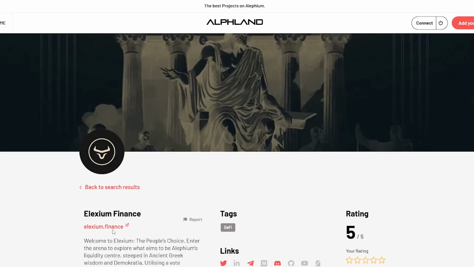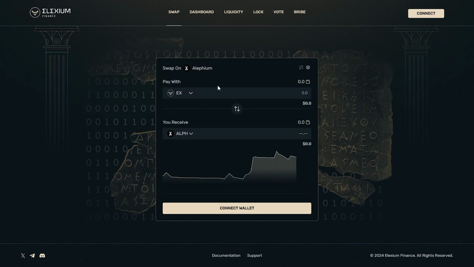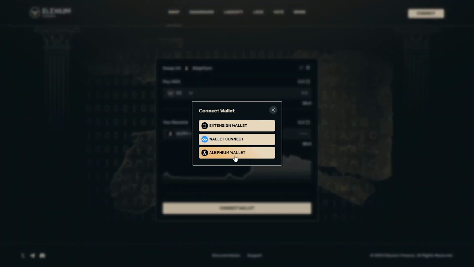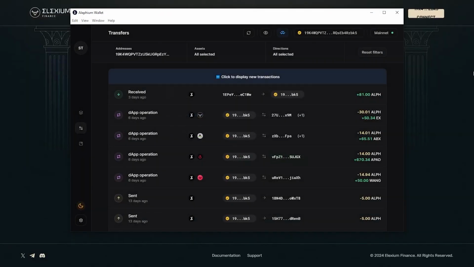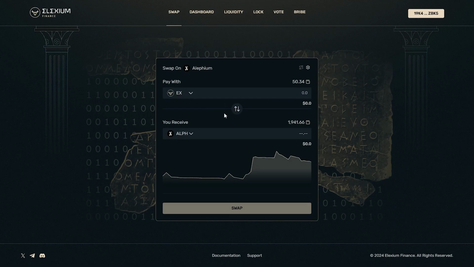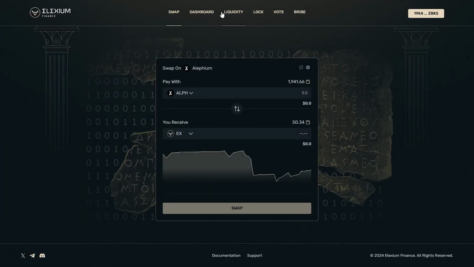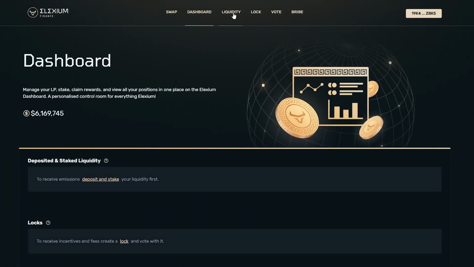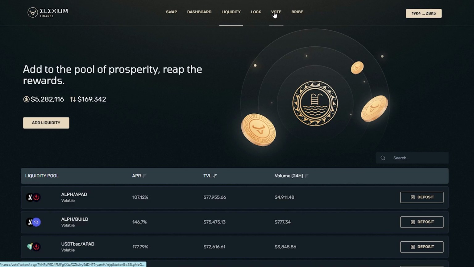It's the same process with Alephium Finance. If you want to actually use that as well, we can just click in here, enter app, and then connect your wallet at the top. It's going to ask you to sign it, so we can click connect and Alephium wallet here. Open Alephium wallet, accept, and that gets us straight in. We can just swap this, so we can swap ALF for anything that they have here. As you can see, they've got a list by there, and then maybe we can actually see the price of things if we go on liquidity. No, so it doesn't currently show the price of anything right now, but I'm sure over time AN will start to see all that.